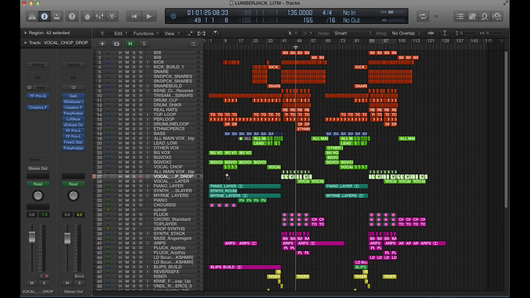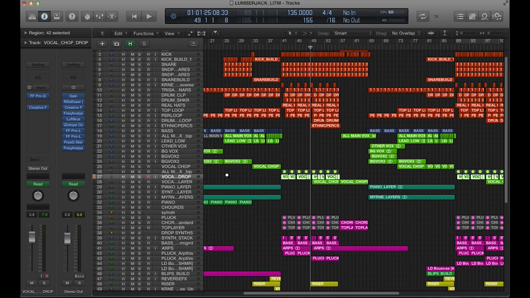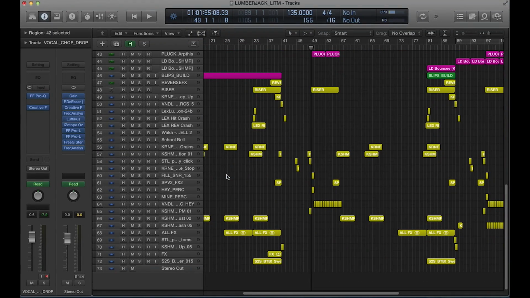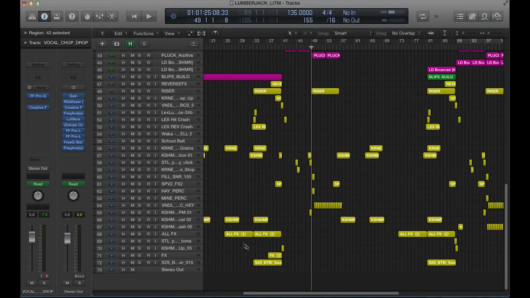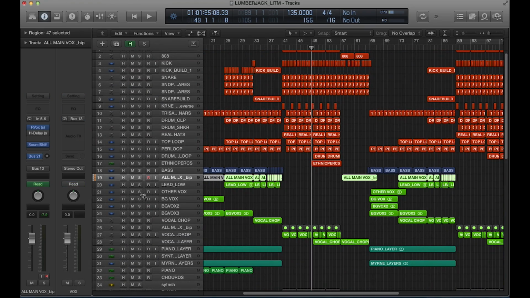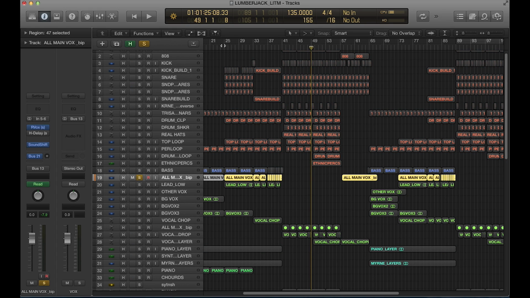The only element I think I ended up using was the vocal and then maybe some effects. Yeah, a little bit of effects. These are all effects here from the track. I only cut a piece of a build up in there. But the vocal that I used, I ended up